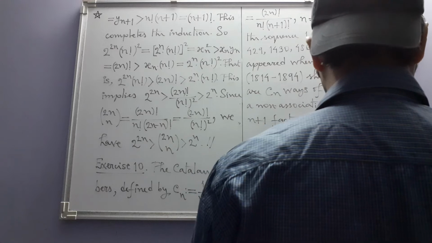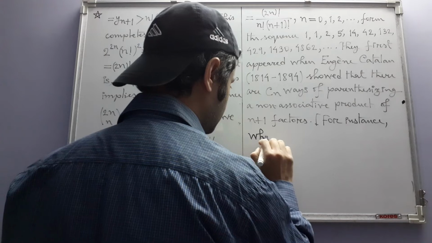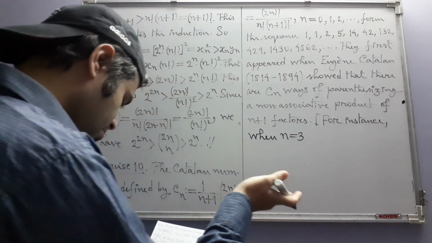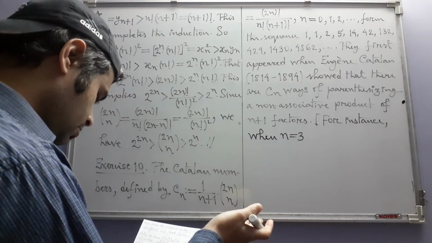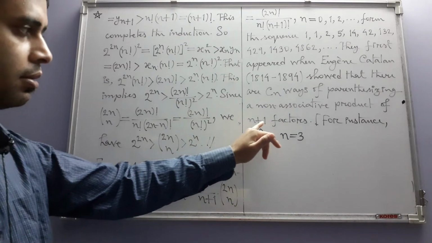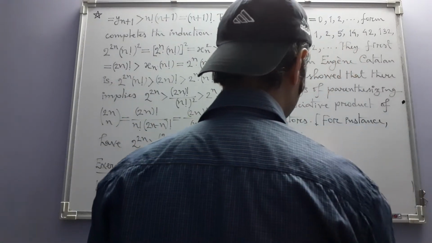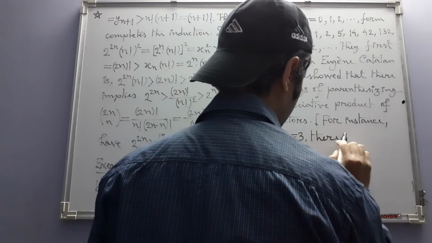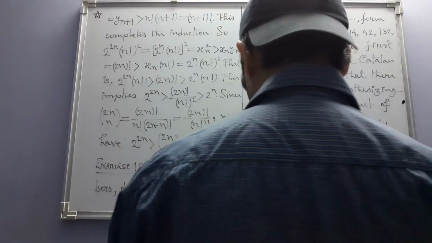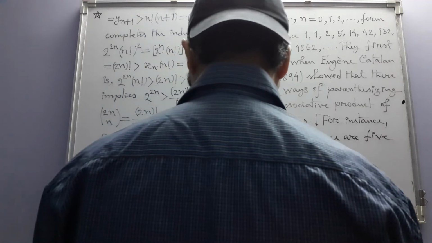For instance, when n is equal to 3, so the case that we were considering just now, when n is 3, then n plus 1 factors, not that case, okay, there are 4 factors, one more than what we considered. Then there are 5 ways, and these are the 5 ways: